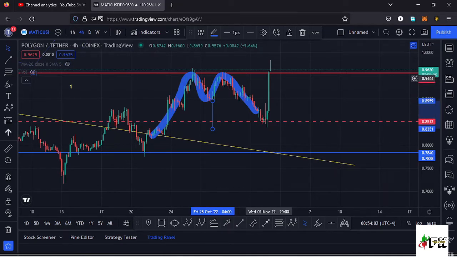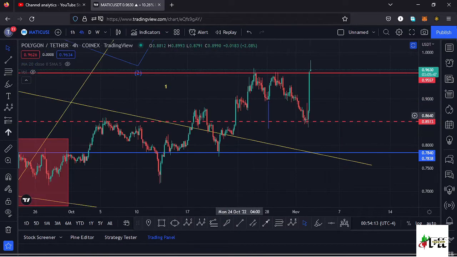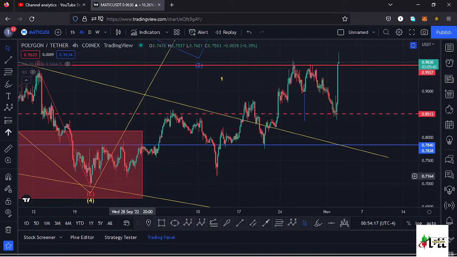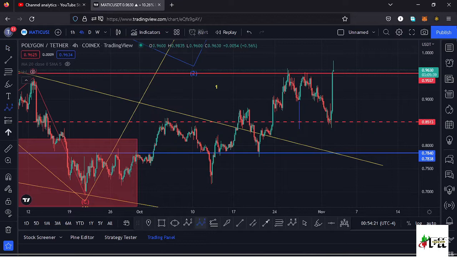This is a very impulsive movement here on the 4-hour chart, and right now we have made a high at around the $0.98 mark. And getting back to the key scenarios that I expect to play out based on the Elliott wave structures, in my previous videos, this movement to the upper side, I was terming it as an Elliott wave structure, and if I have it back over here on the charts, we can have this as the